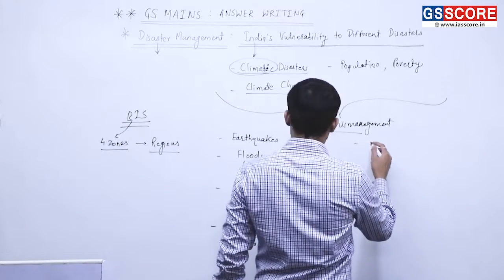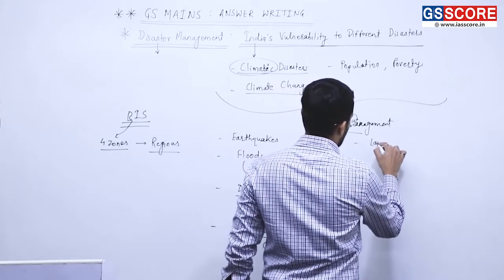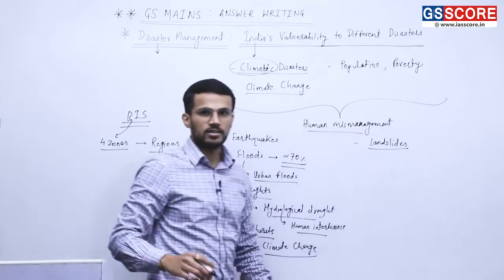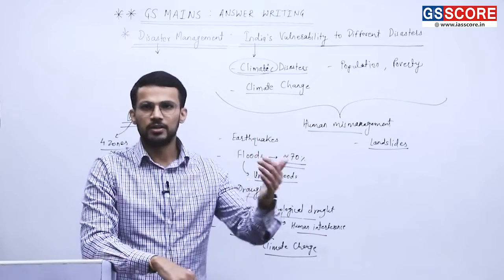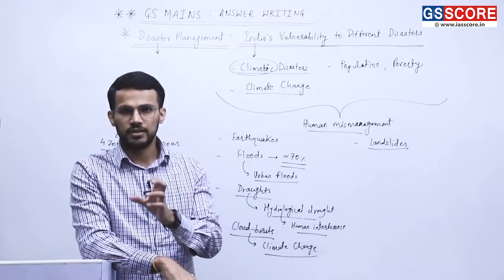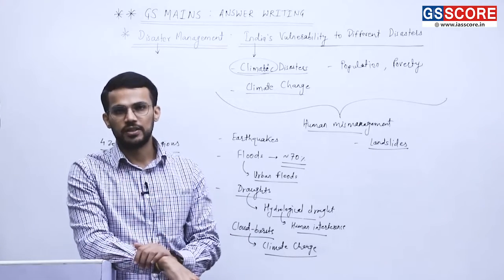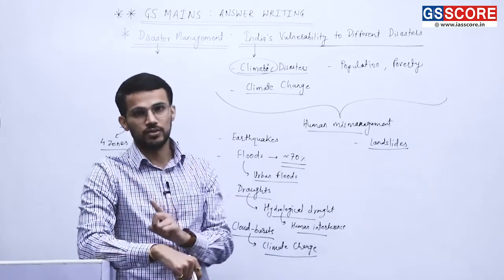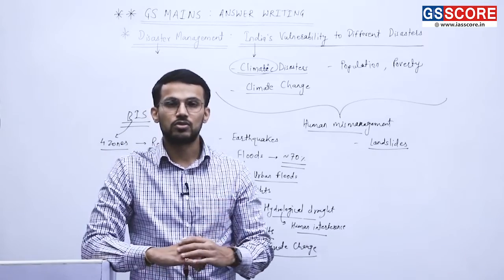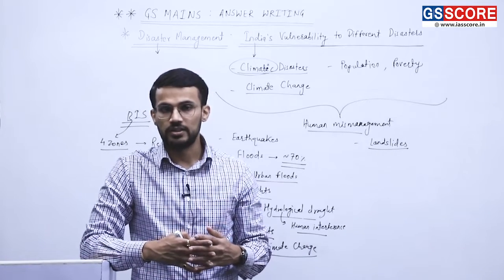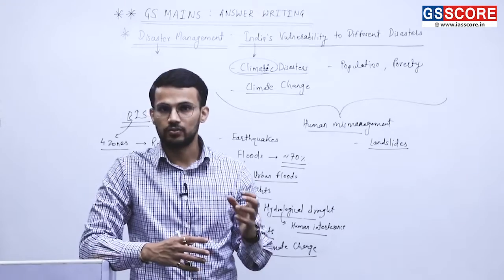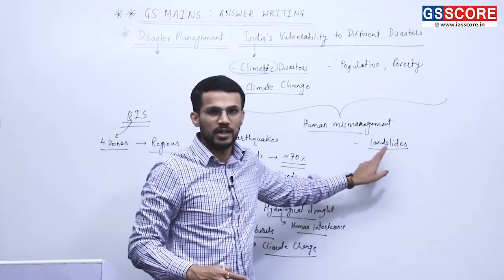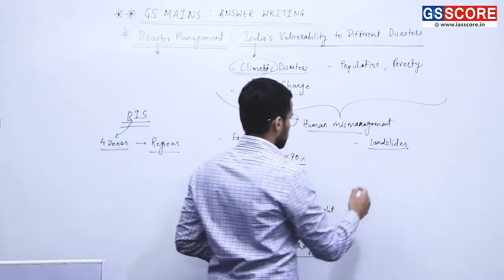Then there are disasters like landslides, fine. And landslide regions are primarily the Himalayan region, Western Ghats, and even the Eastern Ghats and Central Indian locations are becoming vulnerable to landslides. Along with that, even the Northeastern region. Earlier, the Northeastern region was not too vulnerable to landslides, but because of the developmental activities that we are carrying out, the Northeastern region is also becoming vulnerable to landslides. Fine. So these are the disasters.